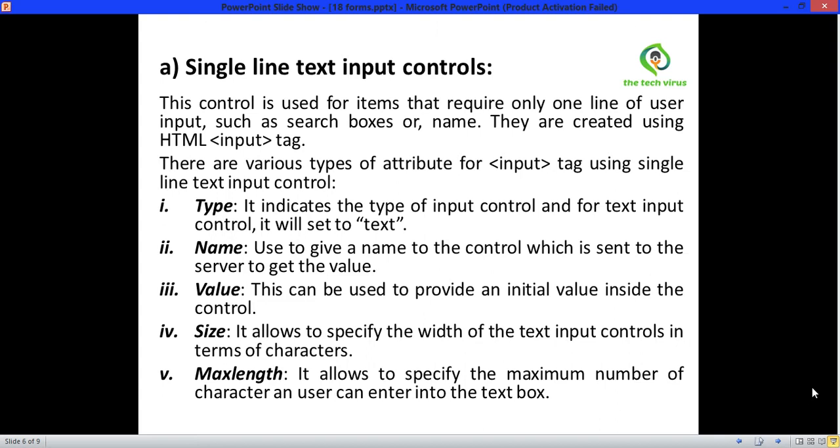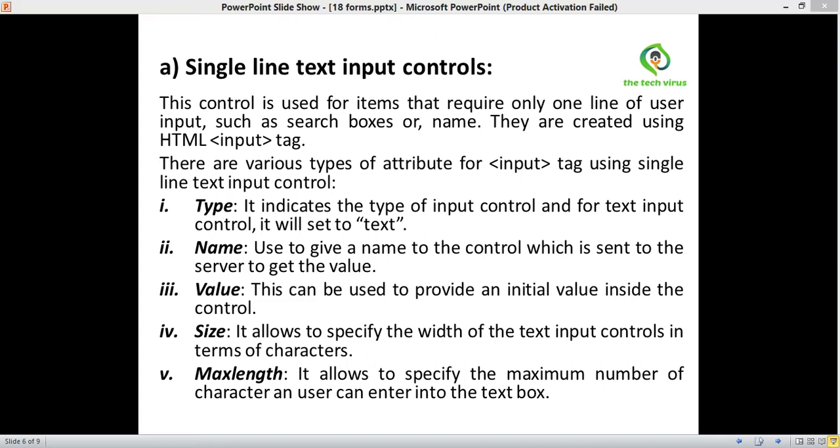Name, used to give a name to the control which is sent to the server to get the value. Value can be used to provide an initial value inside the control. Size, it allows to specify the width of the text input control in terms of characters. Max length, it allows to specify the maximum number of characters a user can enter in the text box.